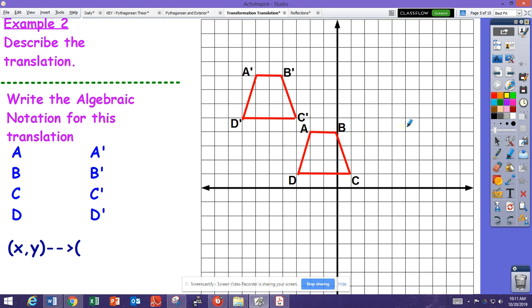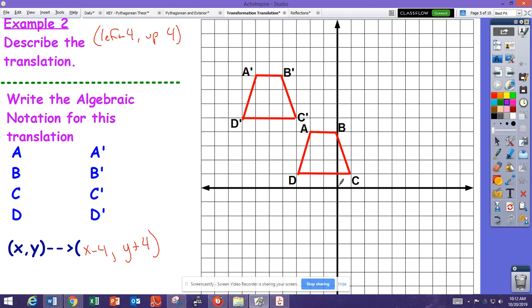So here, I'm going to go through these. First, start with the prime point. I'll pick D prime, or D, the original, to go to D prime. So I go to the left, 1, 2, 3, 4, and then up, 1, 2, 3, 4. So left 4, up 4. And with that, I can go ahead and just write the notation, right? Left 4 is x minus 4, and then going up 4, now I'm going to add, so y plus 4, right? I can go ahead and do my coordinate points also.